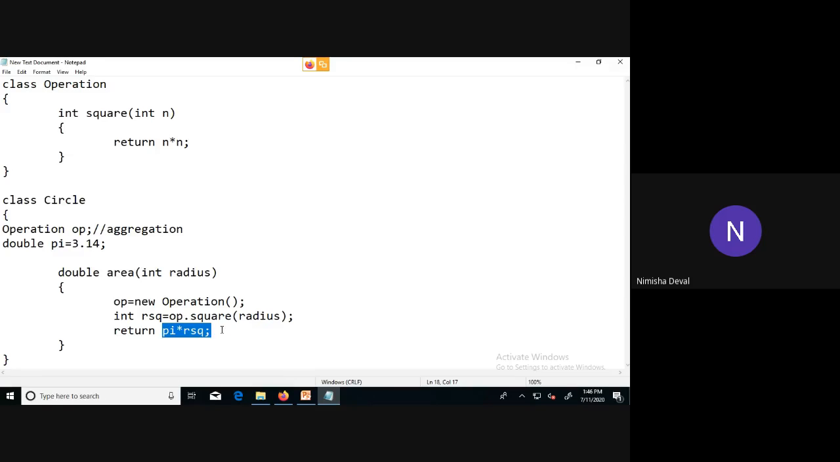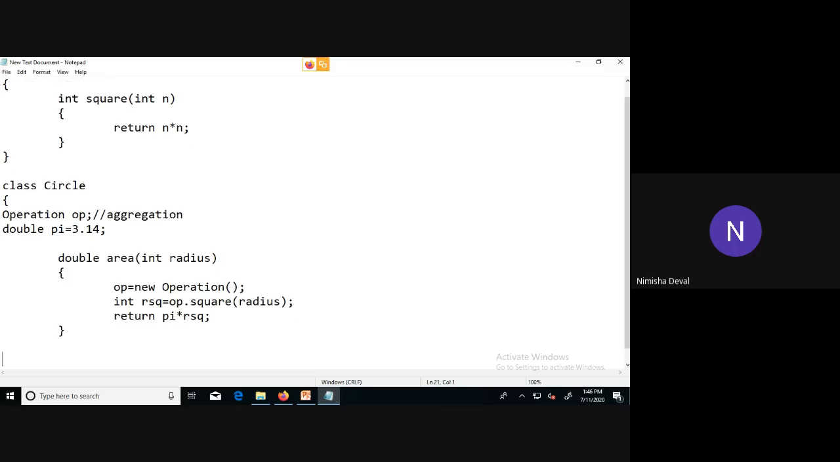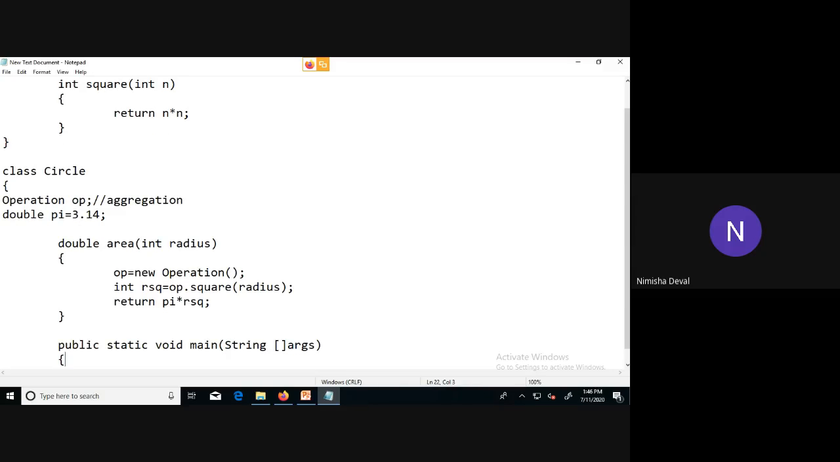Now I will do the remaining part. Means we have declared one method, but still we have not written any main method. So now I will write its main method, public static void main, then String arguments. Okay, then